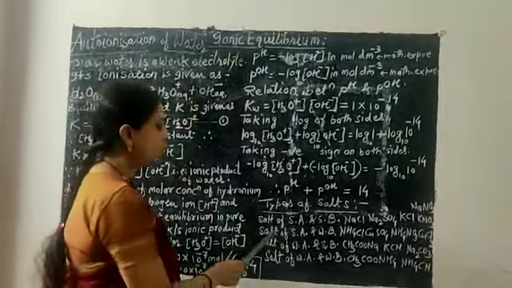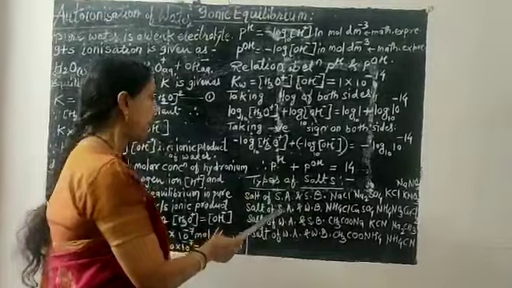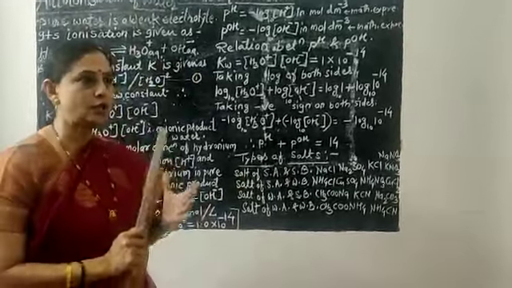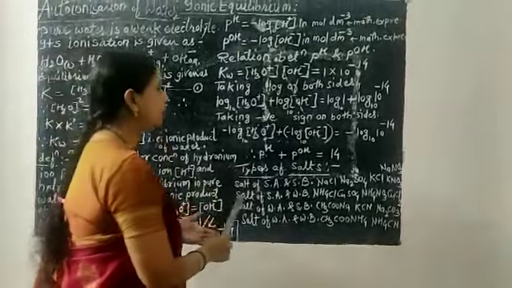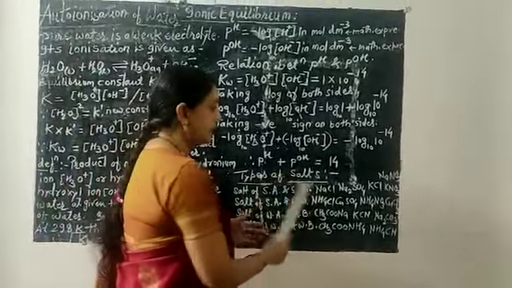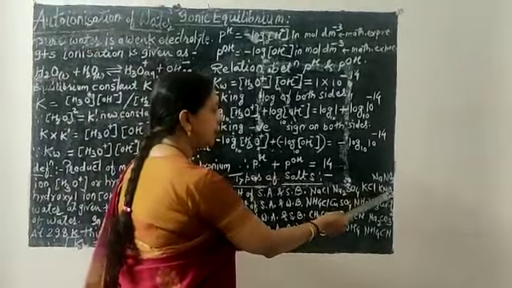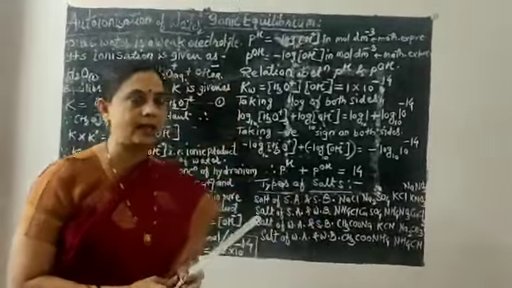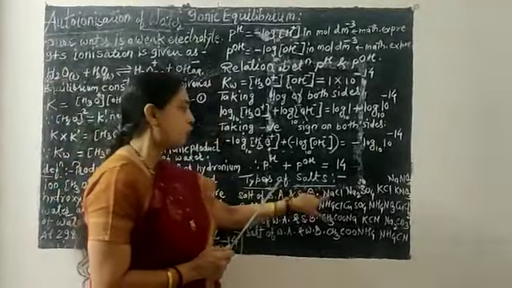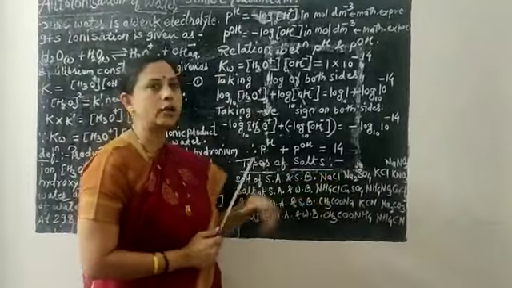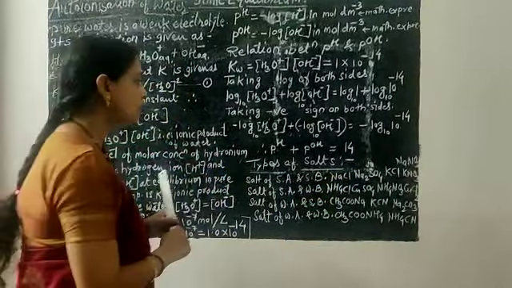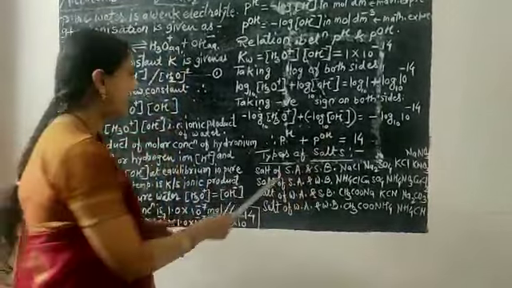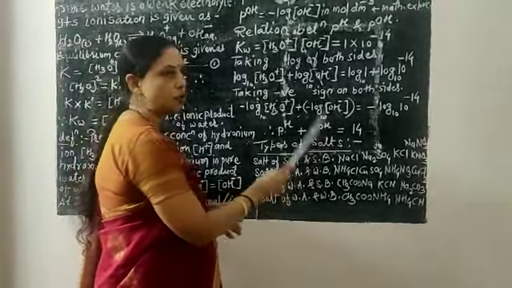What are these? Salt of strong acid and strong base. Salt of strong acid and strong base means when a strong acid and strong base react with each other, it will produce a salt, just like NaCl, Na2SO4, KCl, KNO3, NaNO3. From these salts, for example, you can take here NaCl. In the NaCl, strong base NaOH is present and strong acid HCl is present. So when strong acid HCl and strong base NaOH combine together, they form salt of strong acid and strong base.